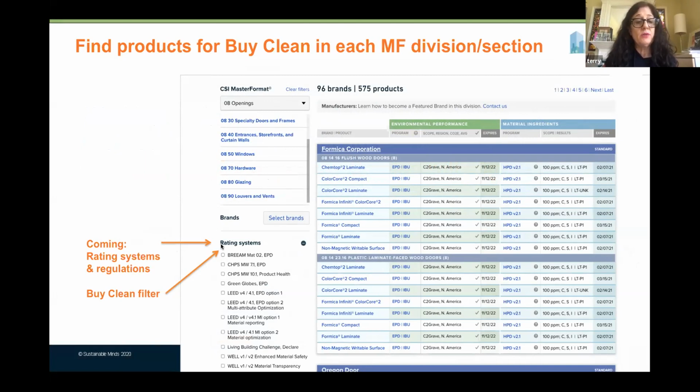What you'll be able to do is there will be a filter added here, a checkbox. You'll click the BiClean filter, and every product that is conformant with or eligible for BiClean will simply show up in the results. So it'll be that easy. We've already done the work for you, and you'll also be able to see